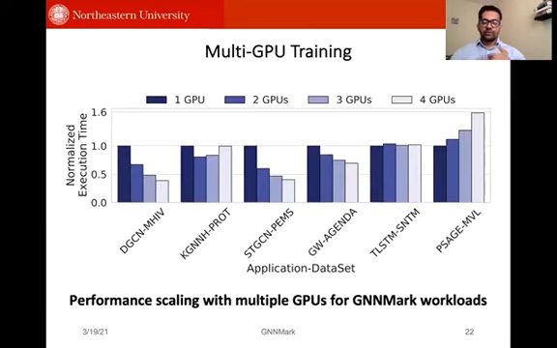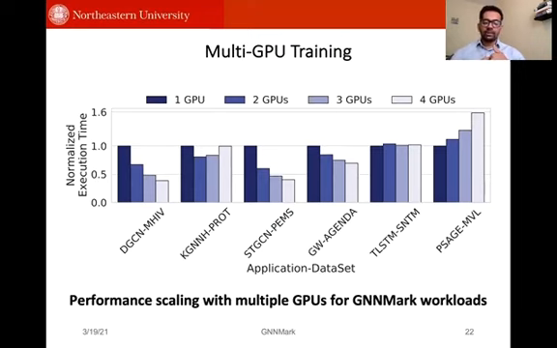We did another study with multi-GPU training across some of our datasets. This was on the Amazon EC2 server. One of the things that we observed is that not all applications scale well with multiple GPUs when using the simple distributed data parallel approach. This basically splits the data across multiple GPUs and then averages across training epochs. So this leads us to believe that more fine-grained graph partitioning approaches that have been proposed in literature, such as NeuGraph or approaches such as the ROC scalable system, will likely lead to better performance.